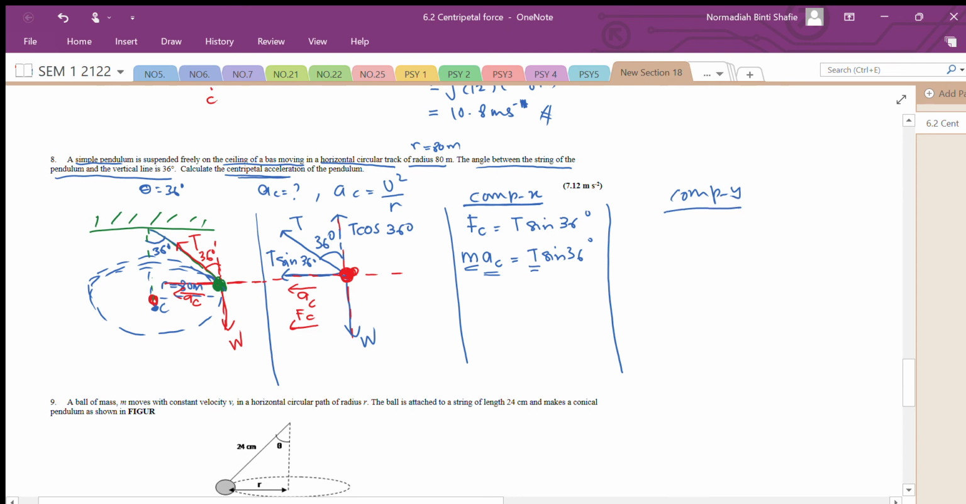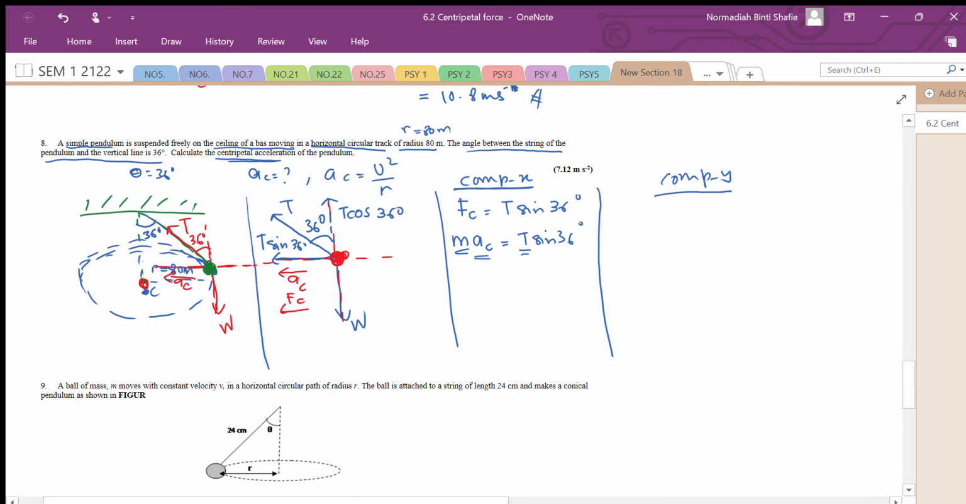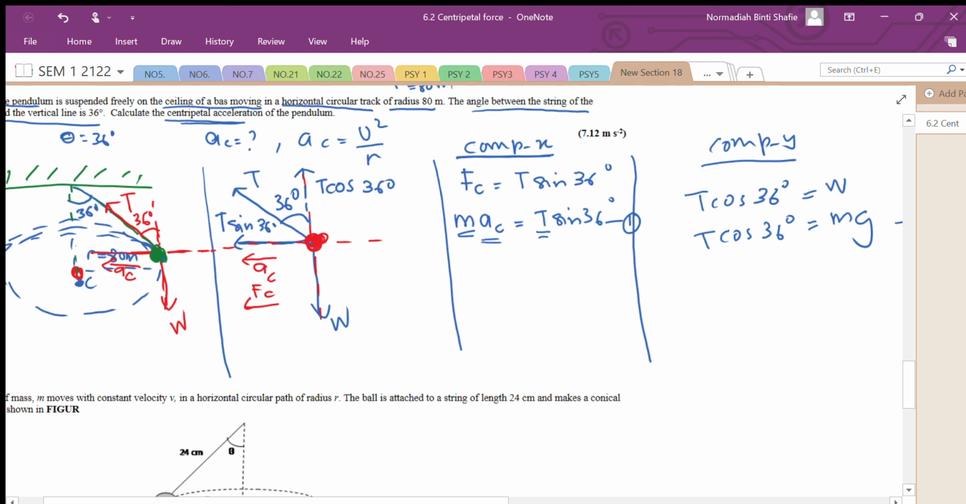And for komponen Y, okay, daya apa yang kita ada di sini, komponen Y kita ada T cos 30 degree equals to W. Okay, ataupun T cos 30 degree equal to mg. So, kita dah ada dua equation di sini. So, X equation pertama, Y equation yang kedua. So, kita nak cari nilai AC. So, apa yang perlu kita buat di sini? Bila kita ada dua equation, ia adalah simultaneous equation. So, untuk simultaneous, kita boleh